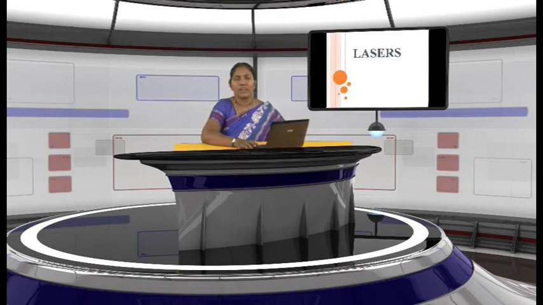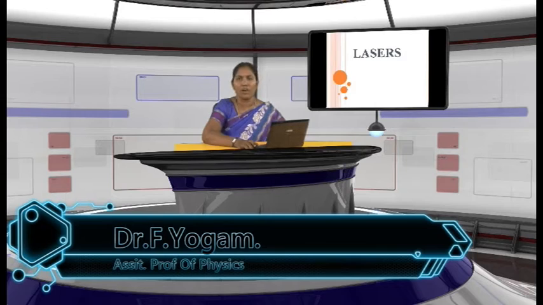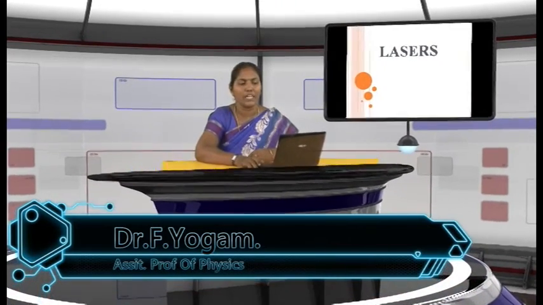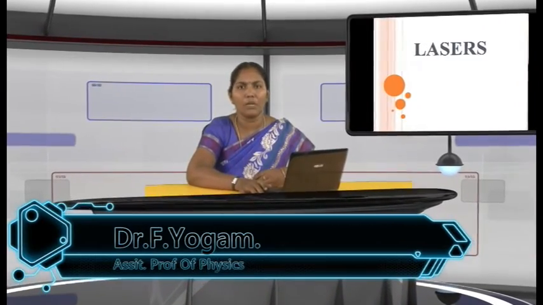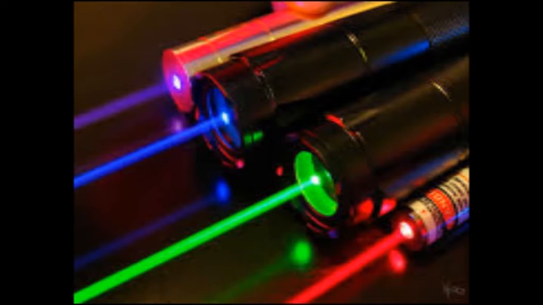My topic is laser. Laser is a source of electromagnetic radiation. The word laser stands for light amplification by stimulated emission of radiation. We are going to see some of the properties of laser beam. Laser beam is highly monochromatic, having high intensity, a high degree of coherence, and